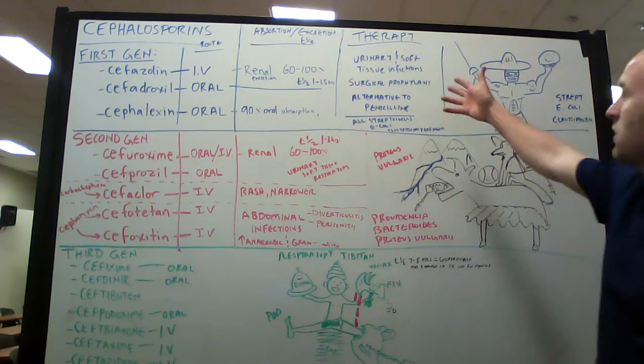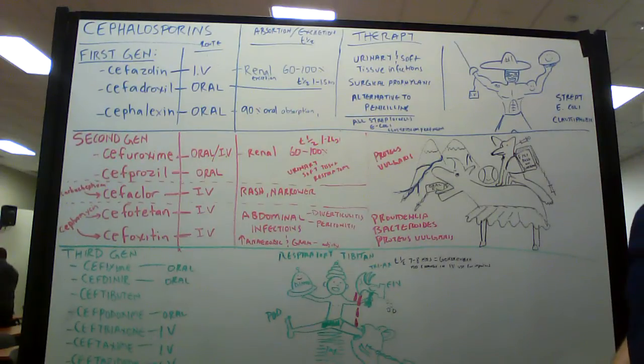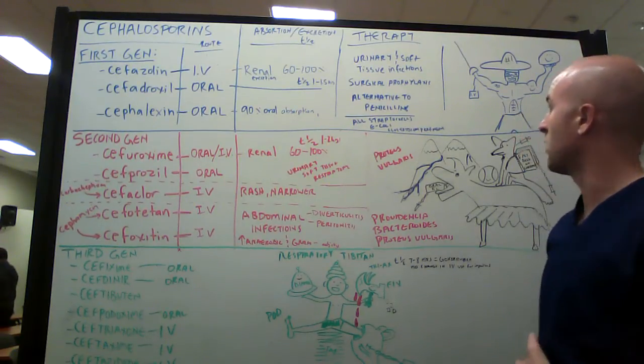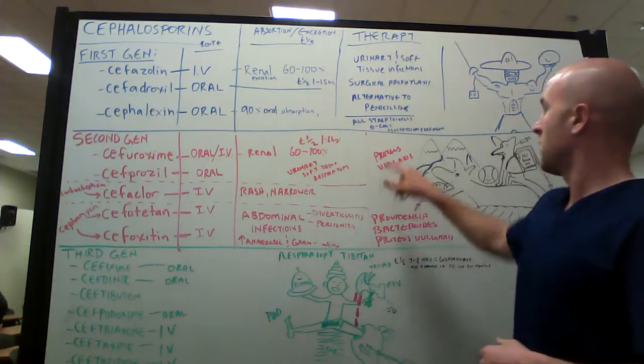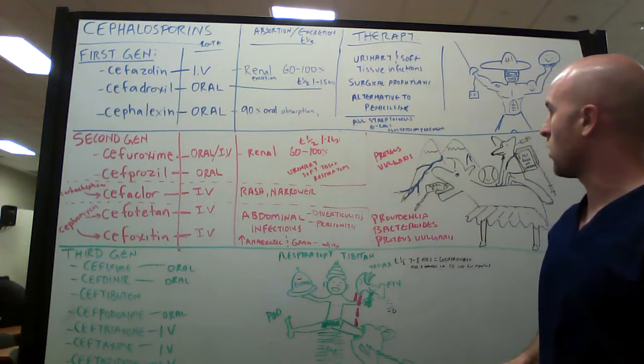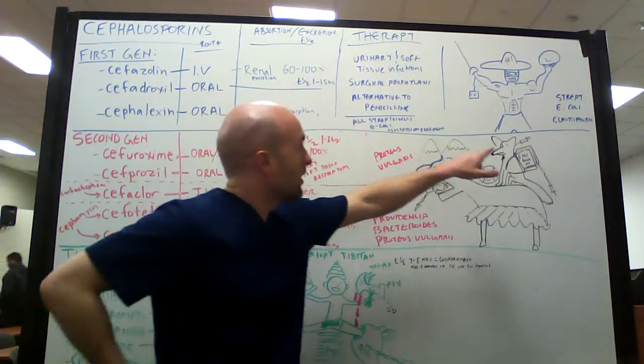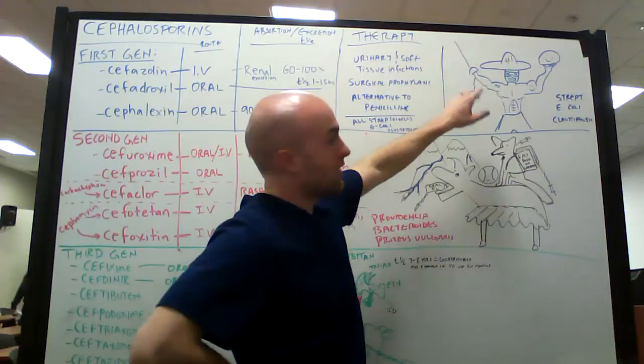So these are used typically for urinary and soft tissue infections, surgical prophylaxis. It's an alternative for penicillins. It treats all of the Streptococcus, E. coli, and Clostridium perfringens. So, way to remember this is I drew up here